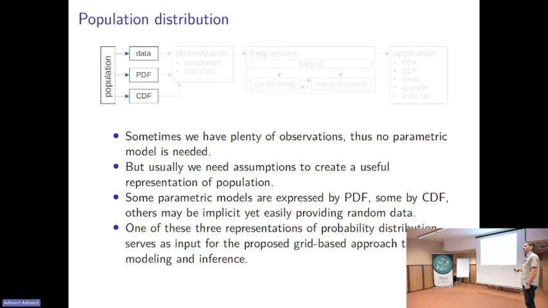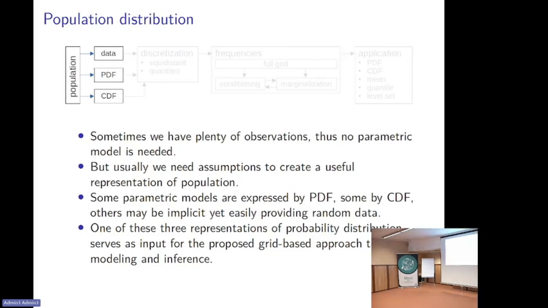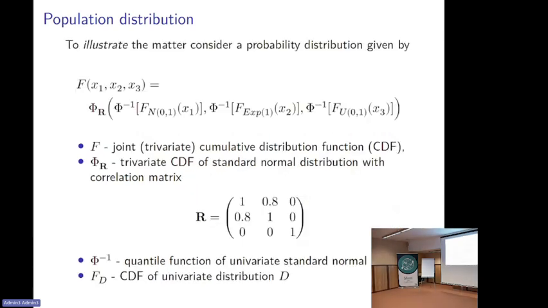But if we don't, we need to make some assumptions and build models, parametric models, and then either simulate new data, a lot of data, to represent the population, or have either a cumulative distribution function or a probability distribution function to represent the distribution. And if we have one of these, we can proceed to what I